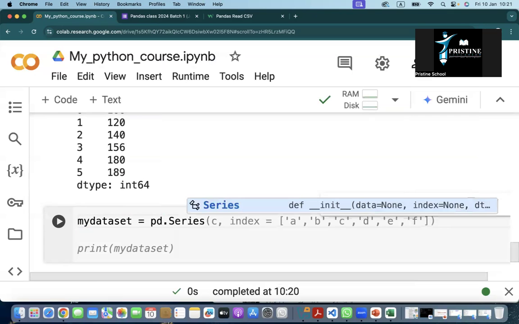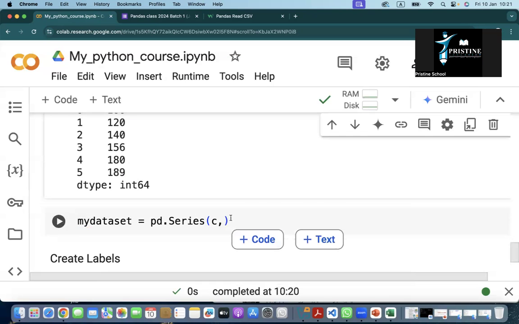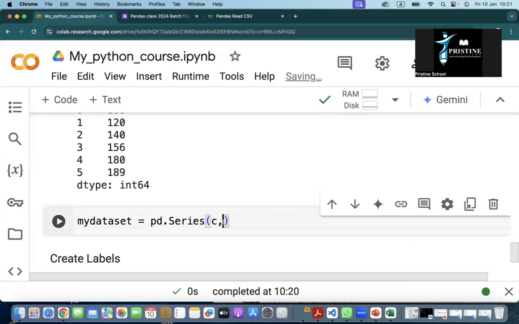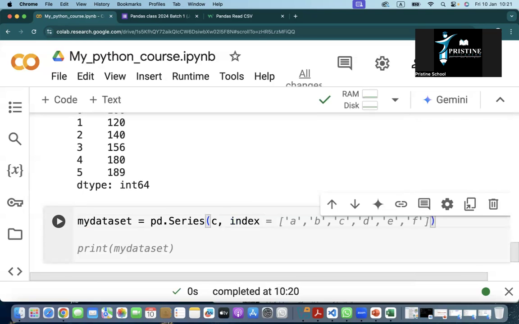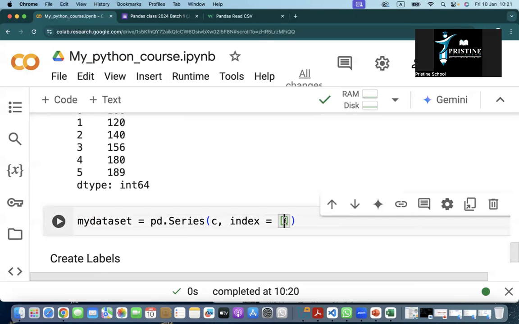I want you to give labels to the content I have in my C data set. So the index, I want you to give them values, you open a square bracket. I want you to give them names like